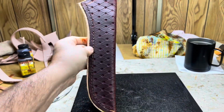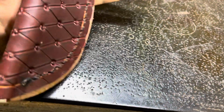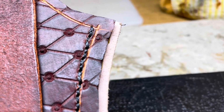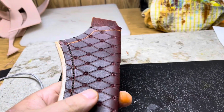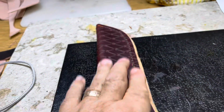But this is what we're looking like. Stitches are nice and in that groove, except over here, right up to the top there, it goes out of the groove just a little bit. Not terrible. So now I take my razor and I cut this extra off, and then I go to my